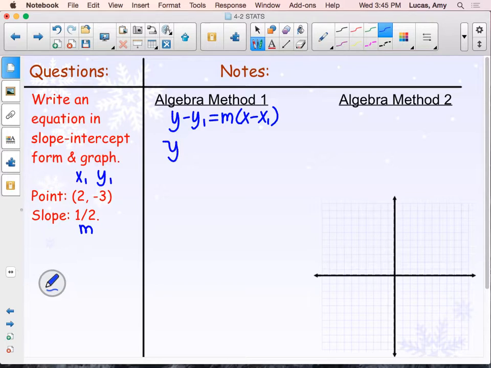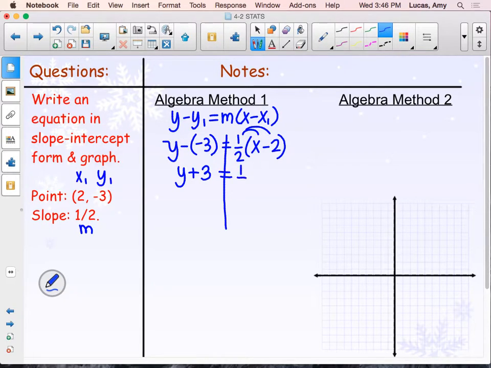our equation would look like this. y minus -3 equals 1/2 times (x minus 2). Then I would need to simplify this. y minus -3 would turn into a plus, y plus 3, and I can distribute the 1/2 to get 1/2 x minus 1/2 times 2